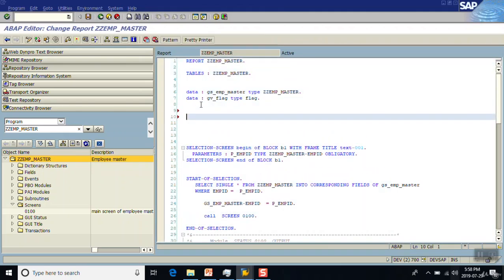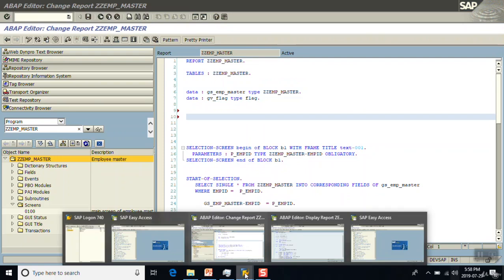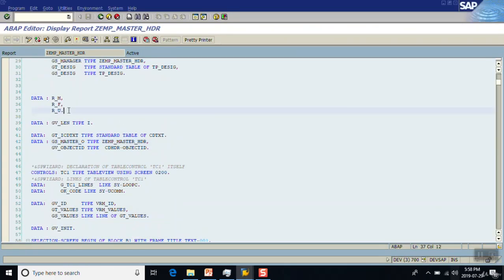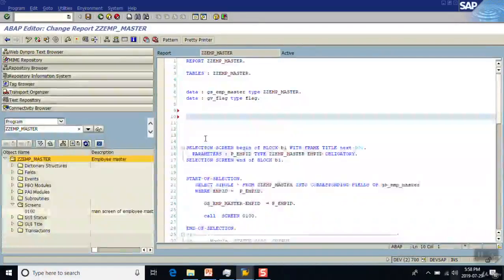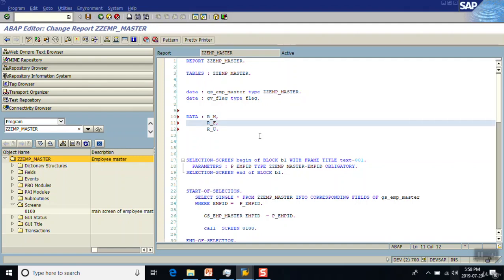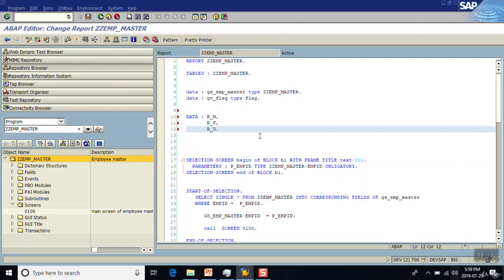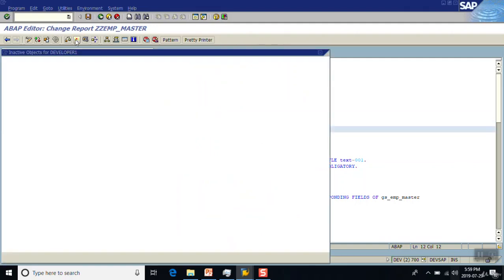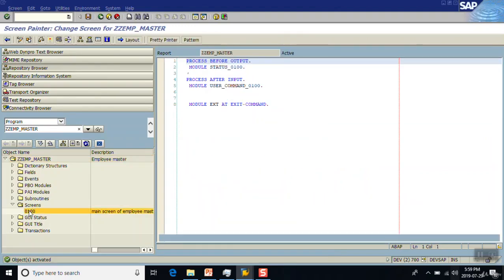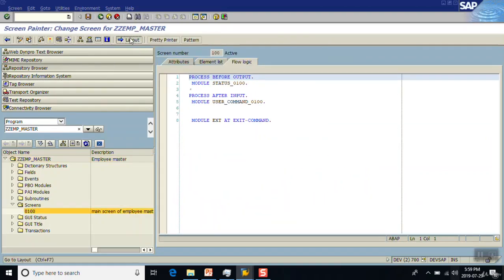Go to our program, define 3 radio button variables. I will just copy my variables from my existing program. So you have to define 3 variables: r_m for male, r_f for female, and r_u for unknown. Save and activate. Go to the screen, go to layout,